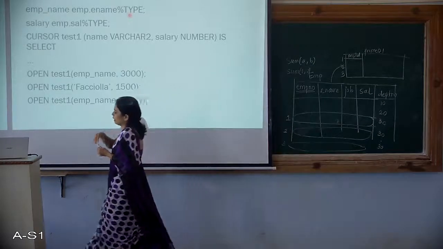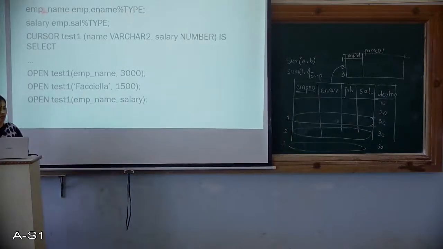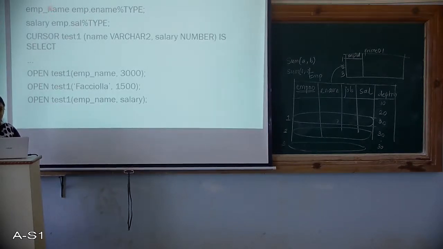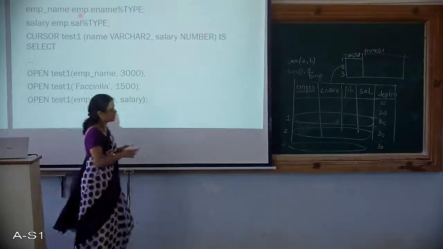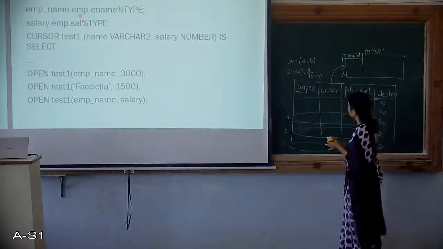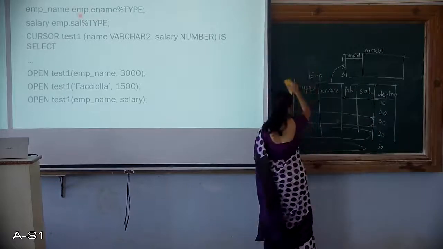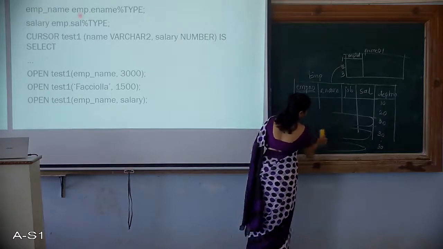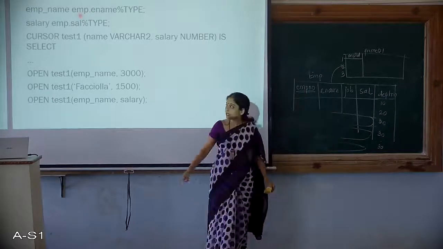So the same thing is happening here. EMP name is a variable, in the declare part, right? So this is a declare part, and you can see that in the declare part EMP name is the variable, and that particular variable EMP name is equal to what? EMP table's E name. So what is being said? This is the EMP table, correct? I'll just erase this to write it right here. So assume it to be the EMP table with all these fields.